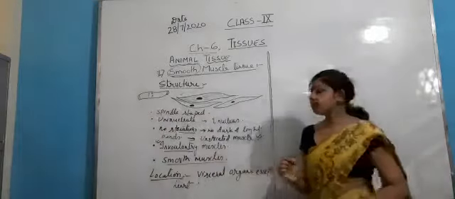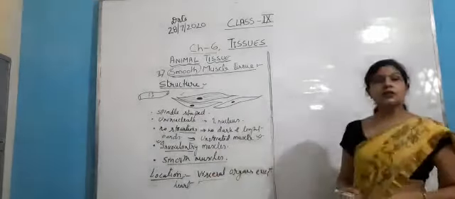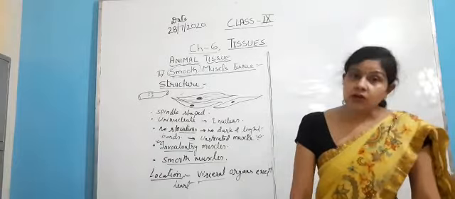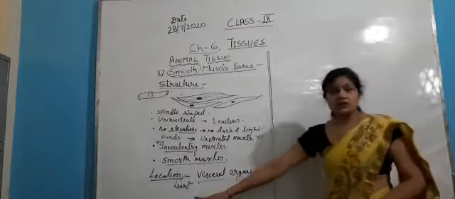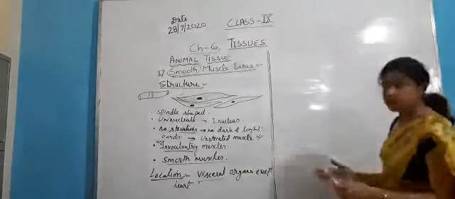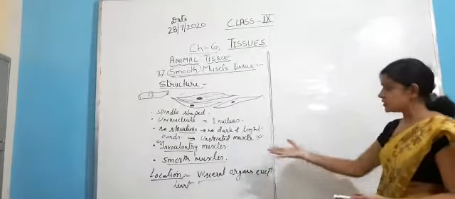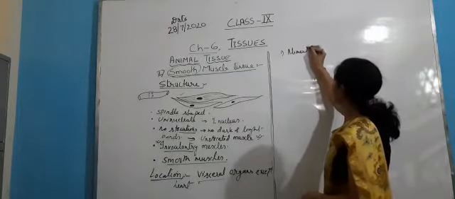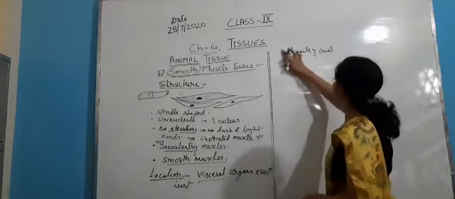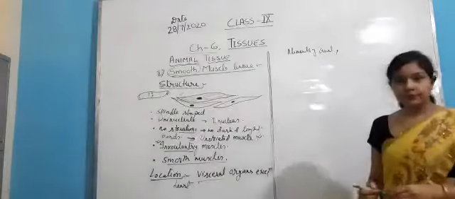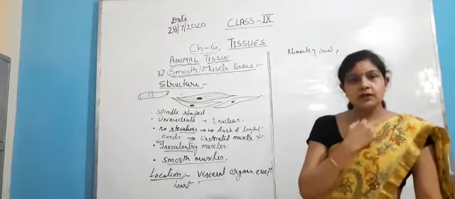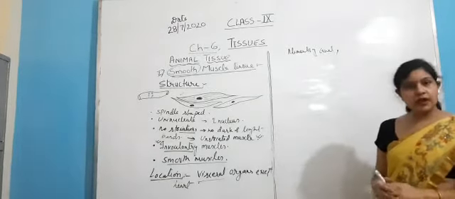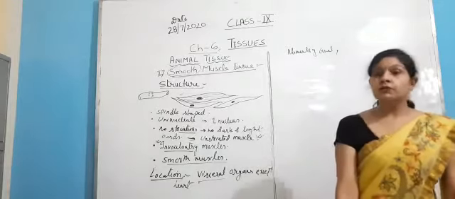Okay, let us discuss what the visceral organs are. Visceral organs means all the internal organs which are present inside our body. These organs are called visceral organs except the heart. Just remember, except the heart. So let us discuss in which visceral organs these muscles are found. These muscles are found in the alimentary canal. Alimentary canal means from the esophagus, okay, till the anus.